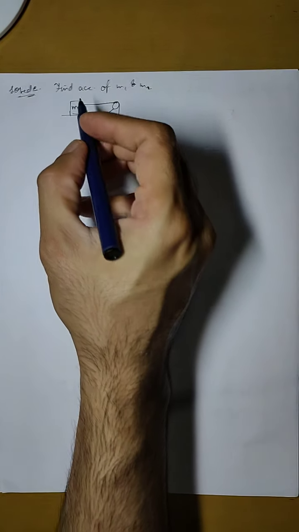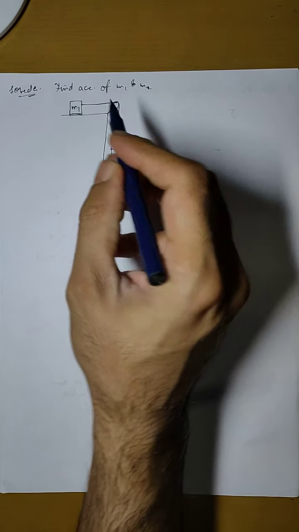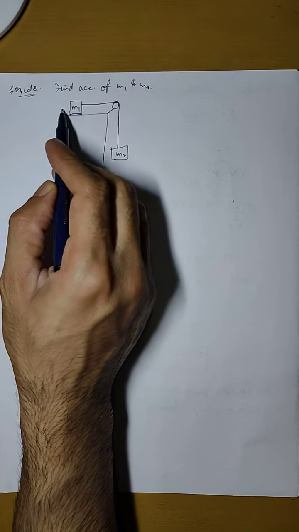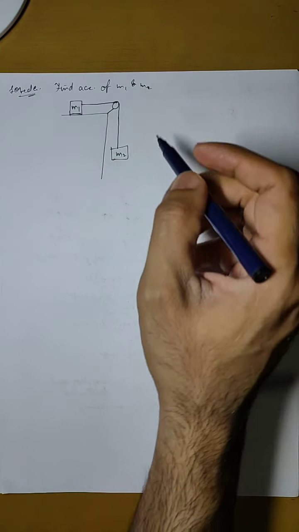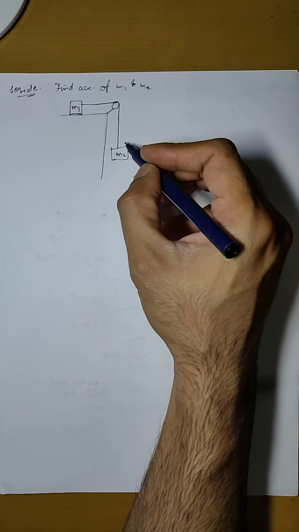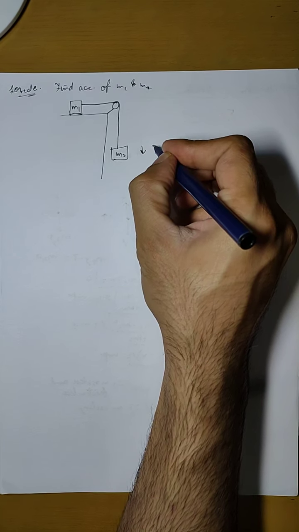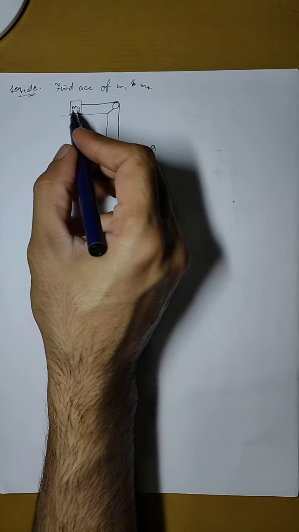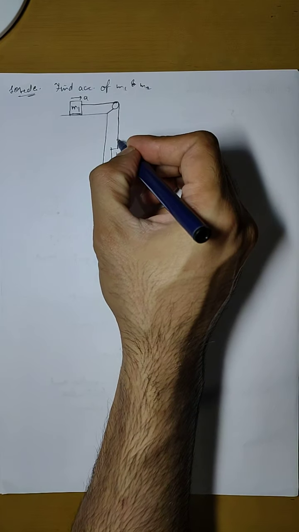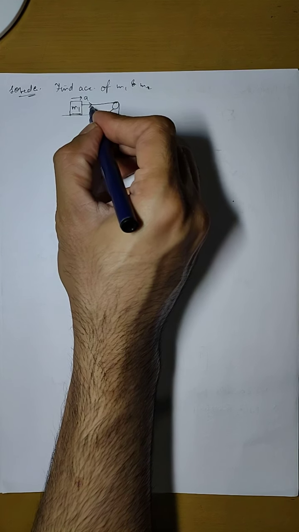Now the only direction in which this system will move will be the downward direction. m1 will not be able to pull m2 up without any force in this direction, if we are not applying any force and are just releasing the mass. So obviously the system is going to go downward. m2 will move downward, let us say with acceleration a. Then because this is the same string, m1 will move in this direction with acceleration a. Because of m2 there will be tension in the string in this direction, and because of m1 there will be tension in the string in this direction.